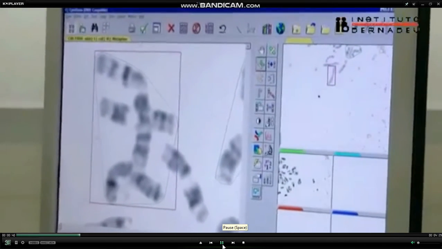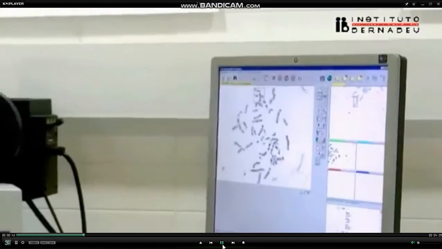In the fluid there is tissue that has come from the developing embryo. Then we do a little treatment and put it under a microscope. The treatment involves several things, such as mitomycin and colchicine, which are alkaloids, which initiate a particular kind of cell division in the tissue, and subsequently all the chromosomes become visible. Now this is the chromosome under a screen. It was in the microscope, then we put it on the screen, and on the screen we are able to identify the chromosomes with different programs.